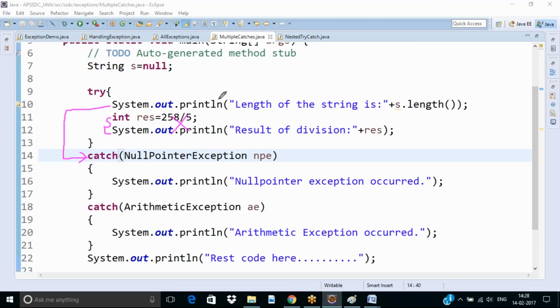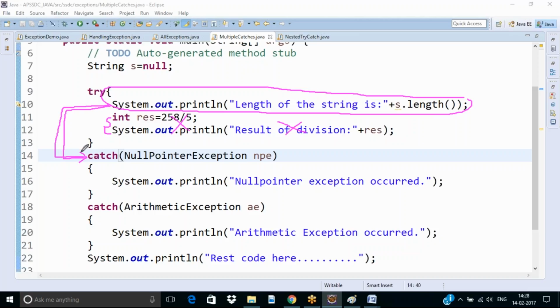Okay, within the try block there is an exception raised statement. The further lines of code in the try will not be executed. ఒక try block లో exception statement raise అయిన తర్వాత ఈ ఎక్సెప్షన్ స్టేట్మెంట్ తర్వాత ఉండే లైన్స్ ఏవైతే ఉన్నాయో ఇవన్నీ కూడా ఎగ్జిక్యూట్ కావు. అక్కడి నుంచి డైరెక్ట్ గా కంట్రోల్ క్యాష్ బ్లాక్ కి షిఫ్ట్ అవుతుంది. ఓకే,